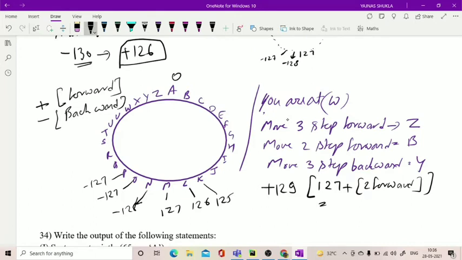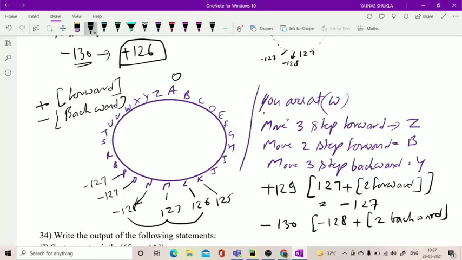Alright. So what will it become? Yes, sir. Minus 127, minus 120... 135, 130 let's say. So minus means backward. So the last number is minus 128. Backward means here there is a difference of 2 in the backward direction. If we go in the backward direction, what will we get? So from 128, 1 step backward, 2 steps backward, we got 126. Is this clear, children, now?